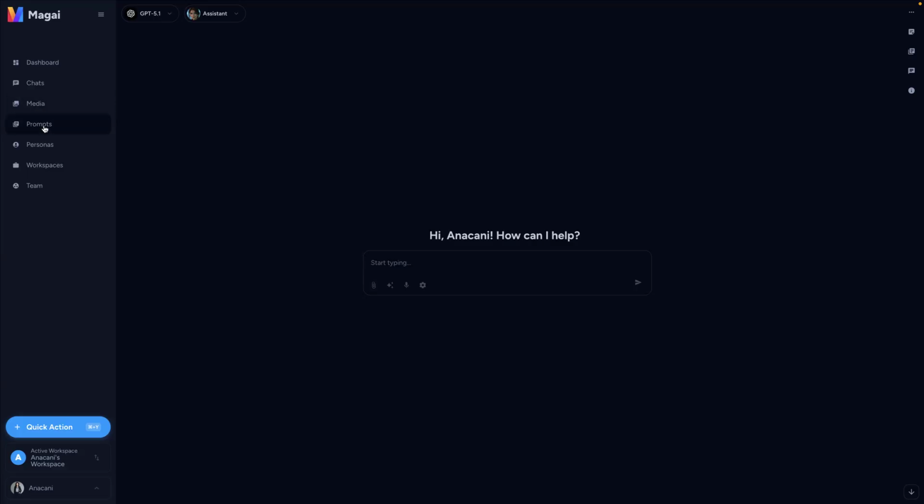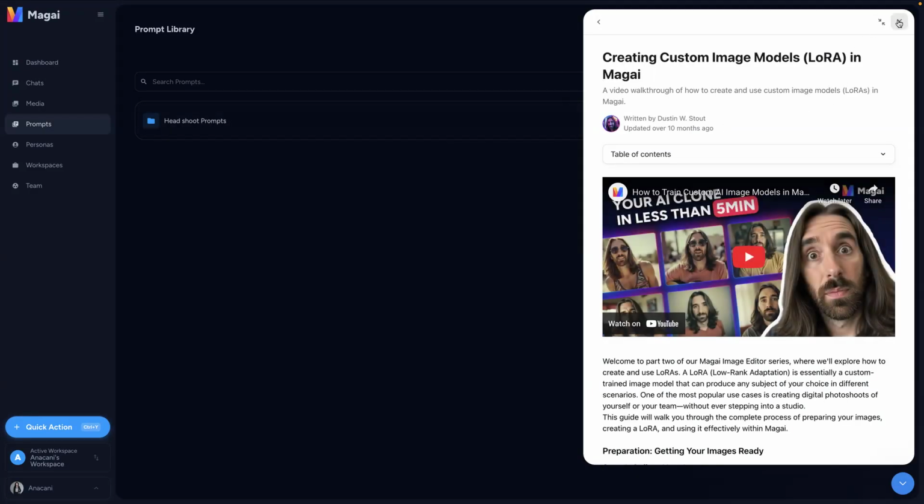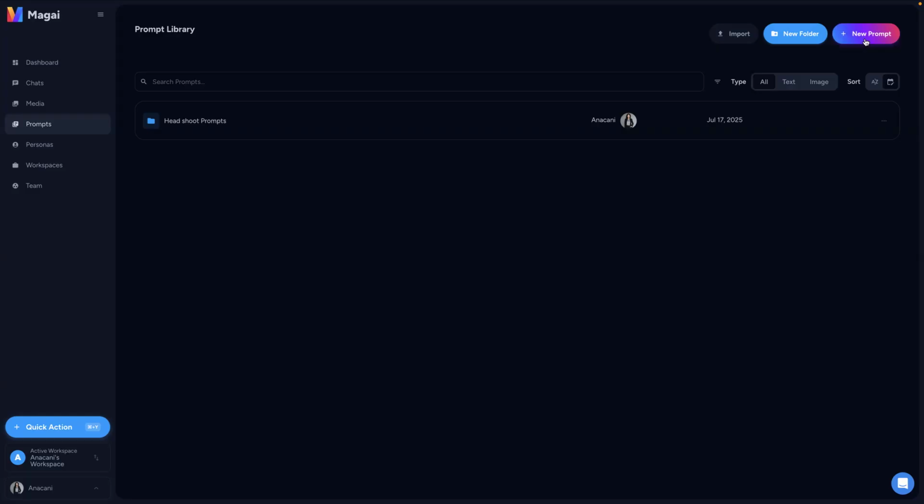Prompts is where you can go to actually save instructions that you use all the time. And you can create new prompts. You can organize them in folders. If there's a prompt that you really like that you find yourself using weekly, monthly, yearly, quarterly, whatever, you can save them so you don't have to remember them. I have mine in Excel spreadsheets, but this is really good if you really end up using Magi for pretty much everything. And you basically start creating your own prompt library.